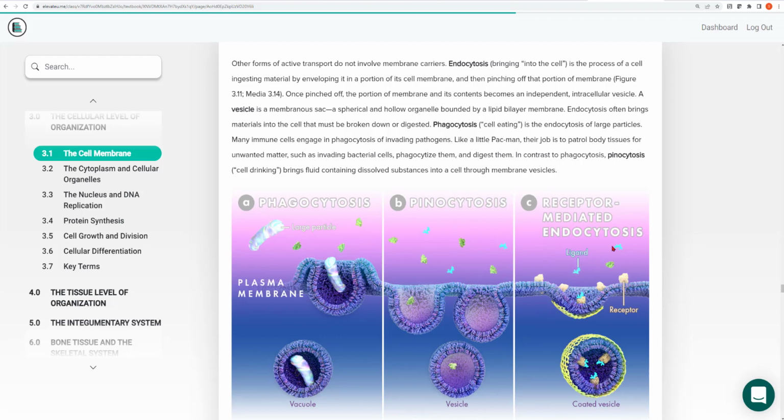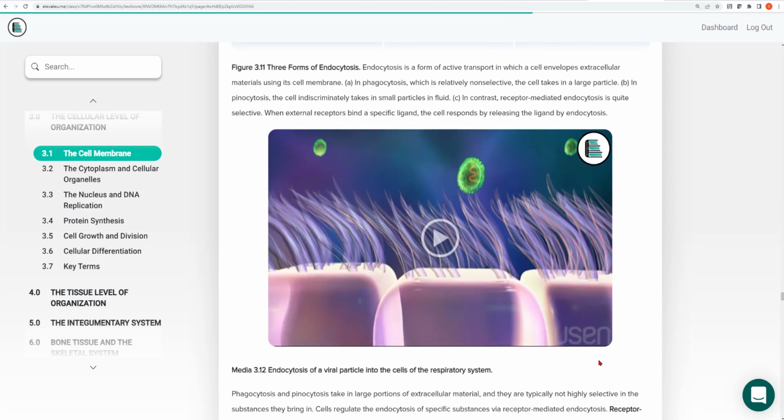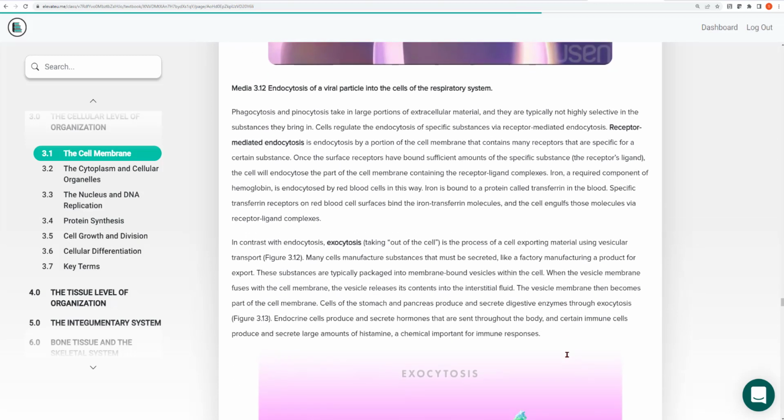And because these blue molecules are being directed to the cell membrane, when a critical number of these receptors have attached to them this molecule, it then triggers the endocytotic event. It pulls these molecules in. So now these blue molecules were specifically targeted and brought into the cell. So pinocytosis is more random, and receptor-mediated endocytosis is more directed. Again, these are just other ways that molecules get into the cell.